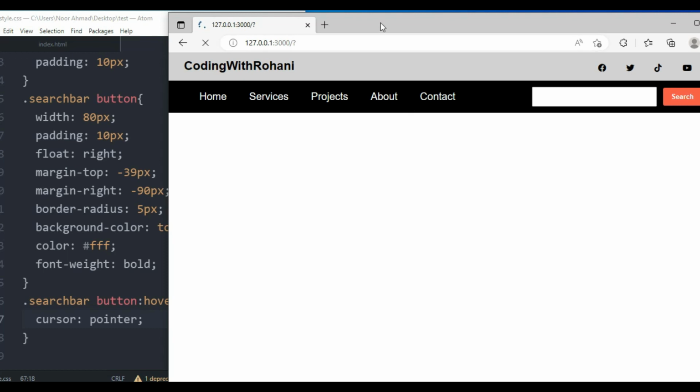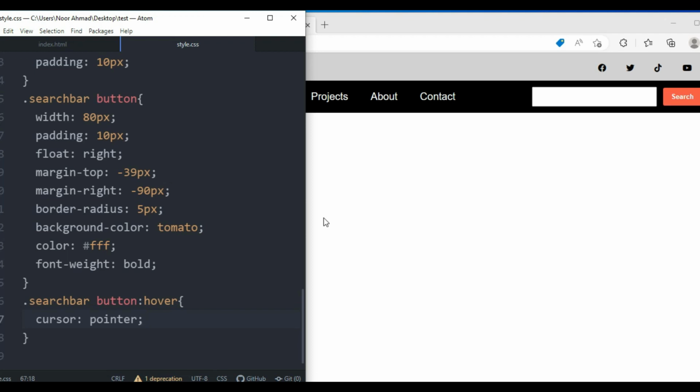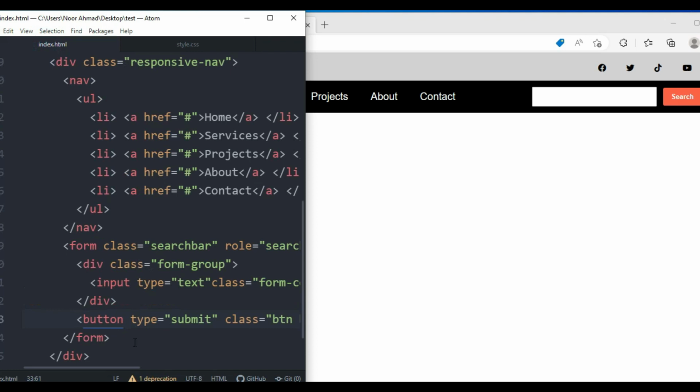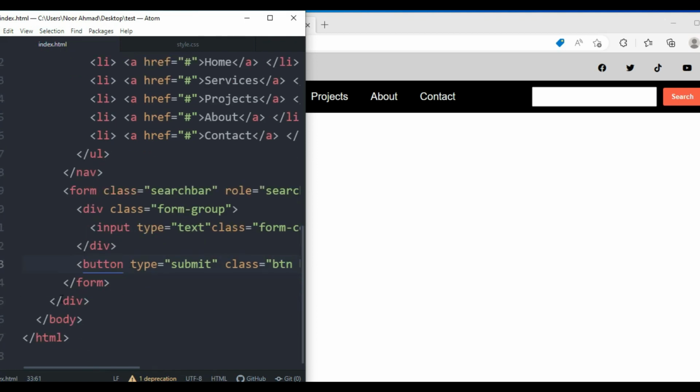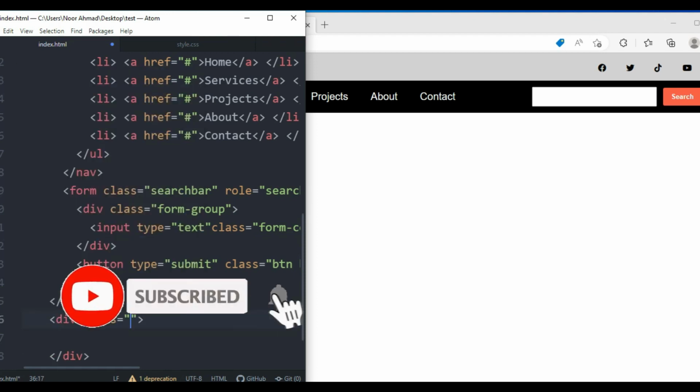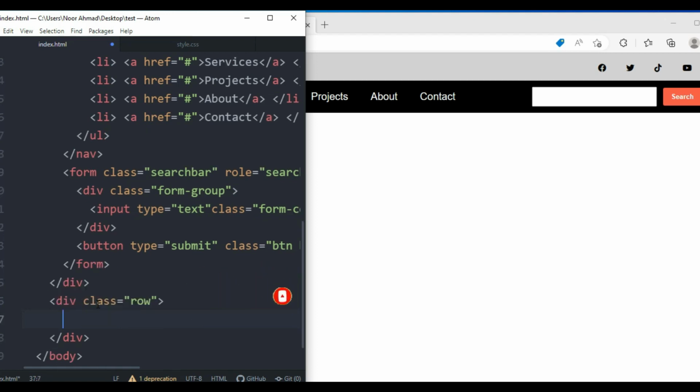And now we need to work on the third part of our web page, which is the content section. Now let's jump over to the CSS part, excuse me, the HTML section. And now here I'm going to create a div by the name of row, and here I'm going to create another div by the name of left column,